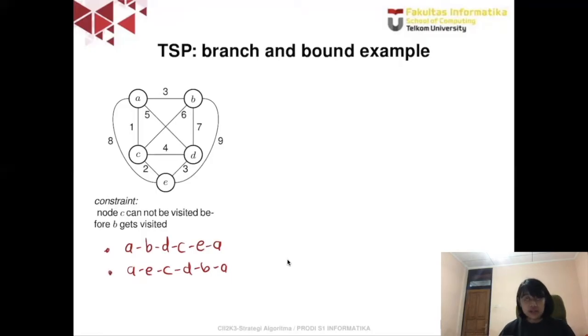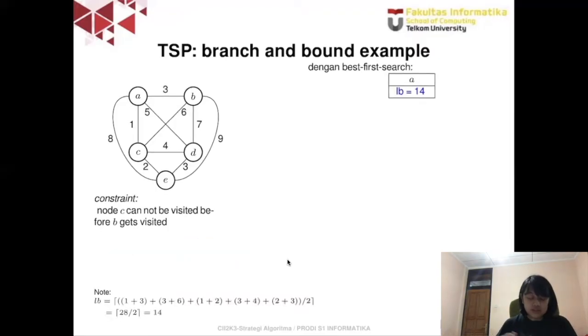route. So here, to have a simpler construction, we can have a constraint or a rule. Let's say that C cannot be visited before we have visited B, so that if we have this as a solution, we immediately know that the second one is the solution as well. Okay, so we start with constructing the state space tree by having the initial node or the root node, which determines which node becomes the initial node.